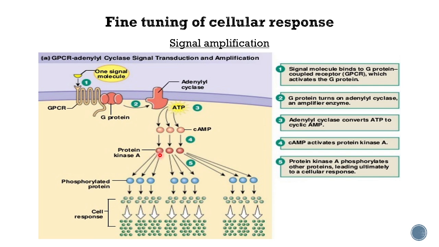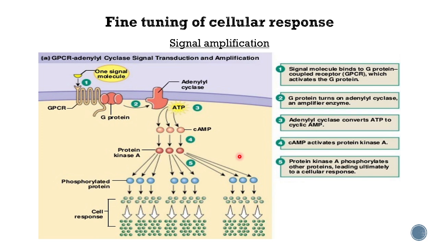Okay, so the signal amplification can be seen in a lot of different steps in the whole signaling pathway, but usually involving the second messenger and also involving the kinases in the phosphorylation cascade. That doesn't mean other steps cannot amplify signals, but usually it is the second messenger and the phosphorylation cascade. So that's signal amplification, right? Making a much stronger signal and therefore a much stronger cellular response from a small number of signaling molecules binding